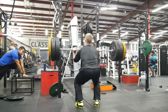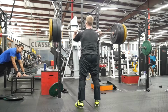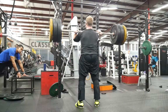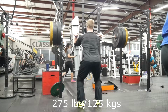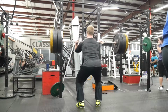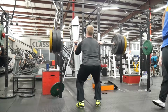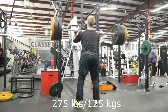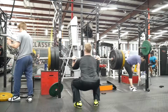Calculating, I believe these all started at 75% of my 1 rep max, and going based off of these reps, it puts my estimated max. If you take the weight you're doing and divide it by 75%, it gives you that estimated max, if that makes sense. Multiply your max by 75%, then take that number and divide it by that percentage, and it reverts it back. But anywho, it estimates with these that my max would be like 365